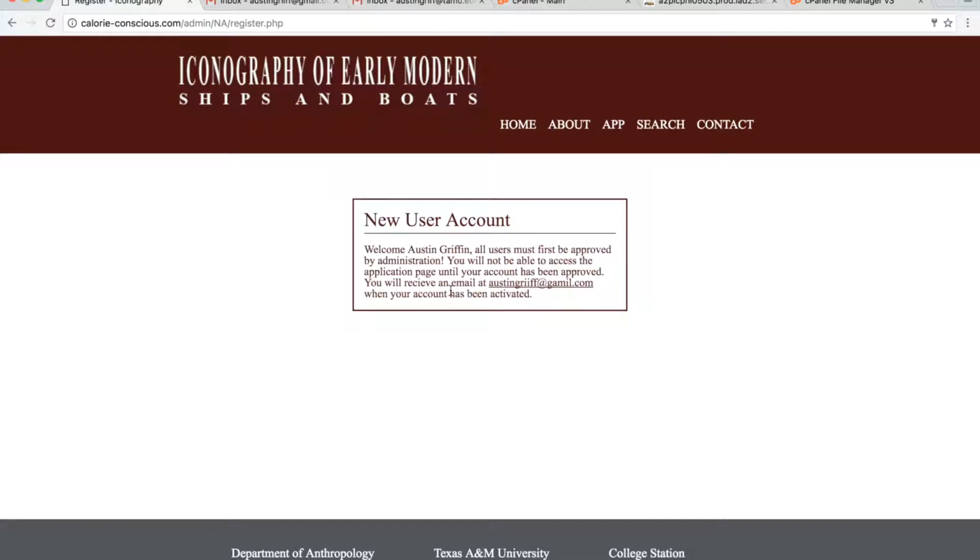Now this tells the user that they must first be approved by administration, and they will not be able to access the page until the account has been approved. And it tells them that they will receive an email at their email address when it has been activated. Currently the system is set up to where it sends an email to a defined user, to a defined email. Right now it's just sending to my @tmu.edu email, but later on we can set that up to send to whatever email is necessary. Currently it takes about 5 minutes for the email to get to the inbox, so while we're waiting on that,